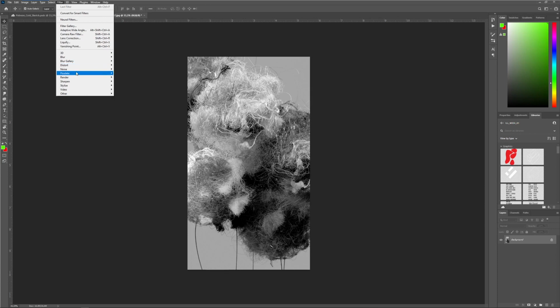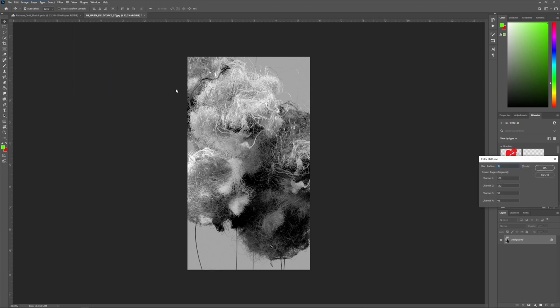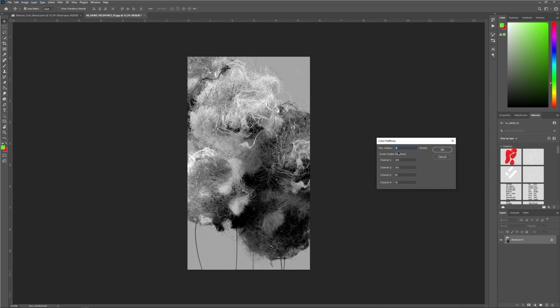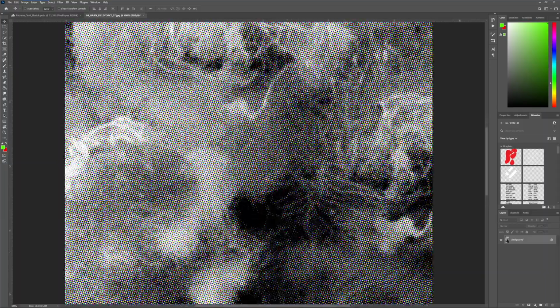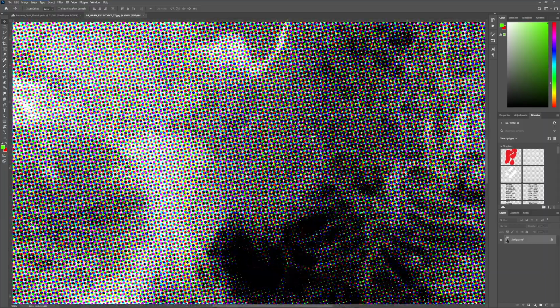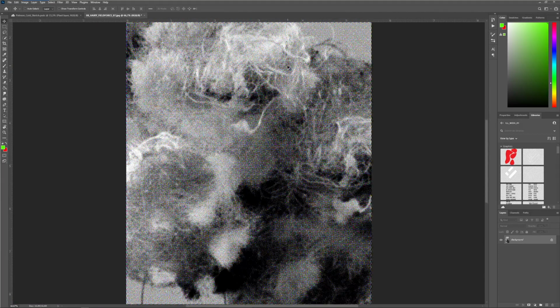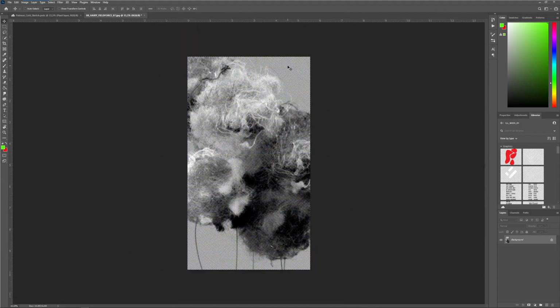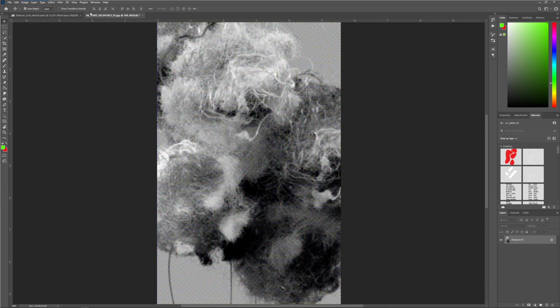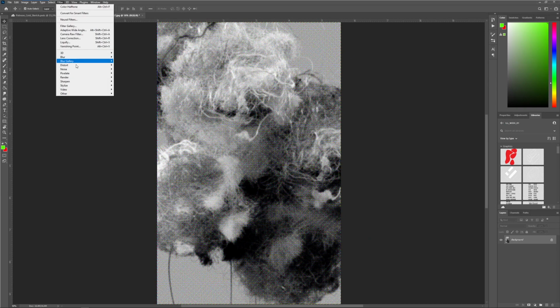Then there is this filter which is called Color Halftone, and let's say I want the pixel a bit smaller, like 6. Let's see how it works. And then we get this nice printed kind of feeling, and well, this already looks kind of nice. But for example, you can repeat that step. For example, add some blur,